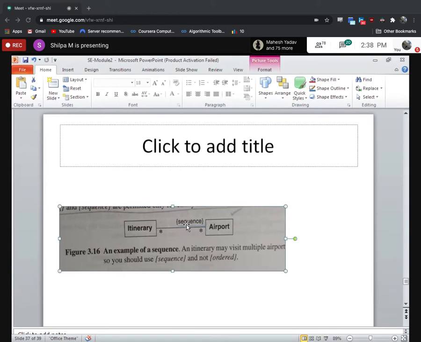This association can take, instead of one value, a sequence of values, and those sequences of values can be ordered or not ordered. You can just give the airport cities you are visiting, or suppose you are visiting in some order, first this country, second that country, that also can be given. So the association end names can be a sequence, and that sequence can be either ordered or not ordered.